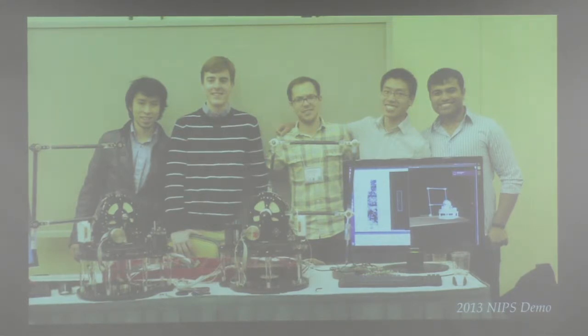So Samir basically was co-advised with Oussama Khatib, and we took his robot control algorithms, and we implemented them on Neurogrid, which is sitting over here. And they were very excited. They worked really hard. They got this demo to work. They drove a bunch of computers, a bunch of robots, to Tahoe for the NIPS workshop. Well, they had a demo at NIPS. And so they got everything set up on the table. You basically sit here, you move this mouse around, and the computer will send the vector from the end effector of the robot to where you put the mouse.